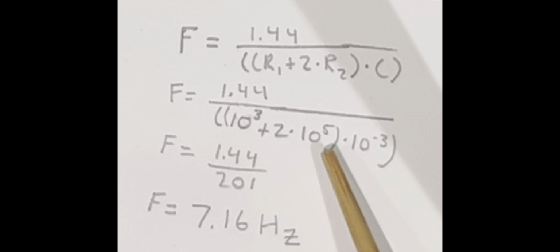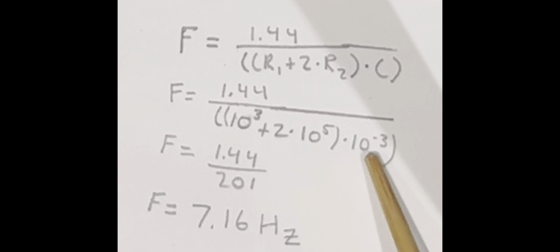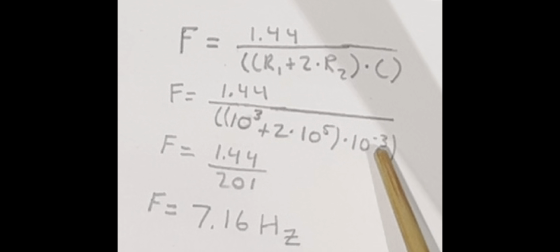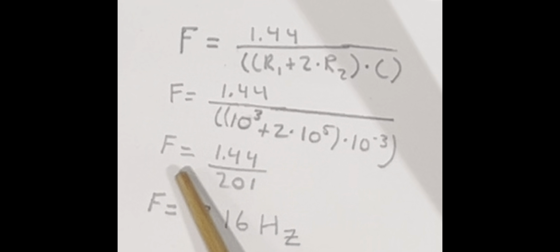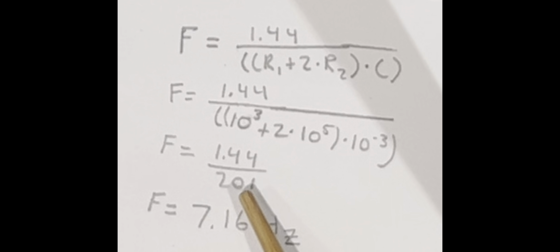The frequency of the square wave is given by the formula 1.44 over (R1 plus 2 times R2) times C. So when we input our values from this circuit, we get 1.44 over (10^3 plus 2 times 10^5) times 10^-3. So when we simplify this, we get 1.44 over 201, and we end up with 7.16